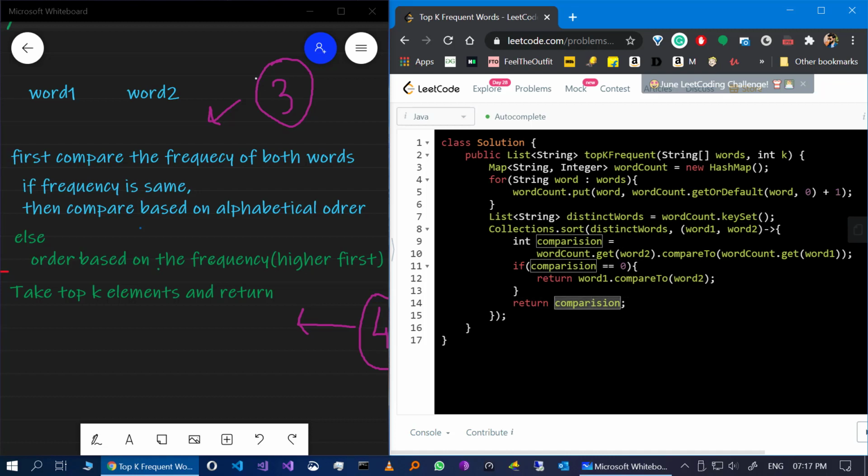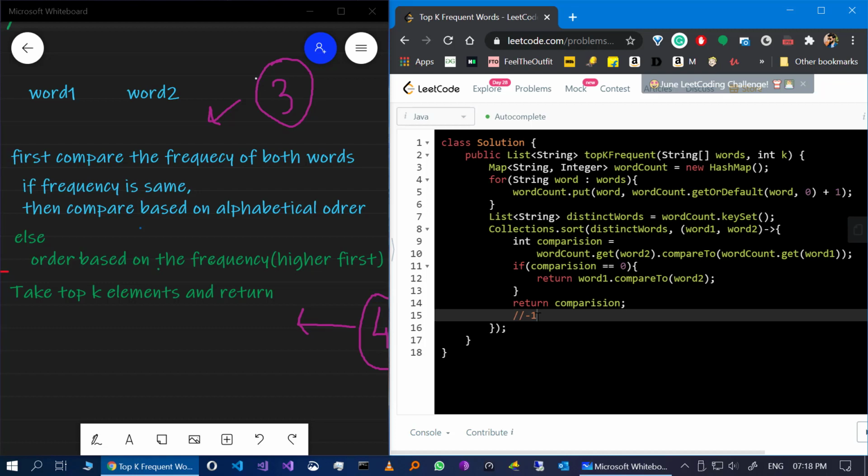Because we want to sort in descending order, we have put word2 first here. How custom compare works is, based on the values -1 or 1, it will determine which word should come first. The sort function actually sorts in ascending order.